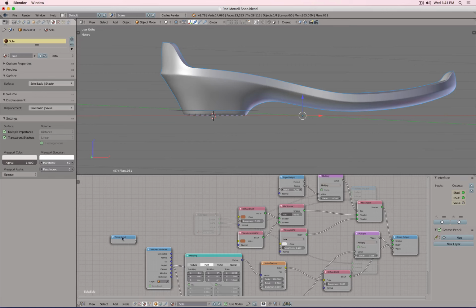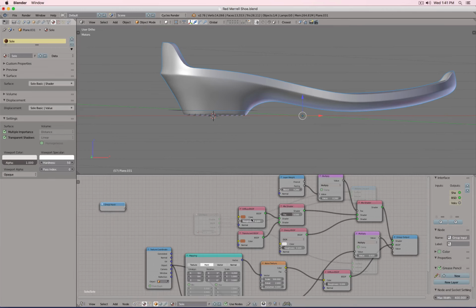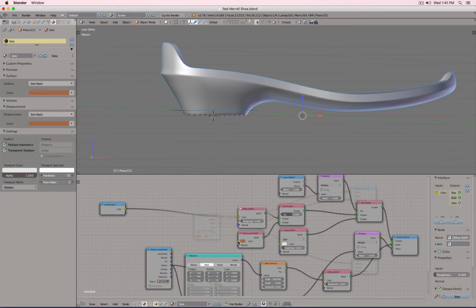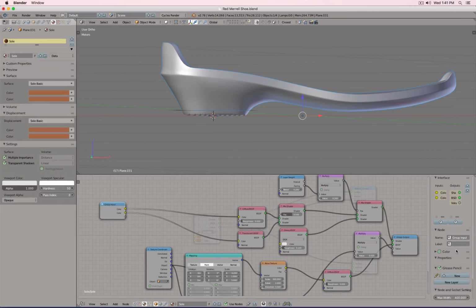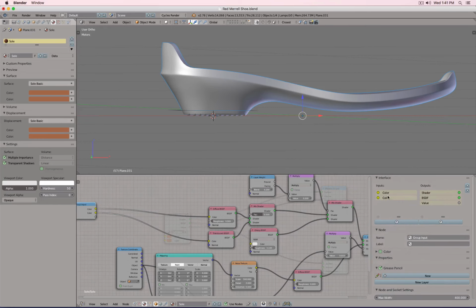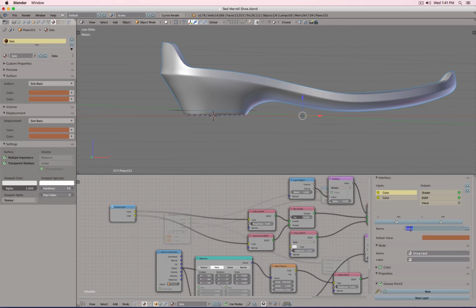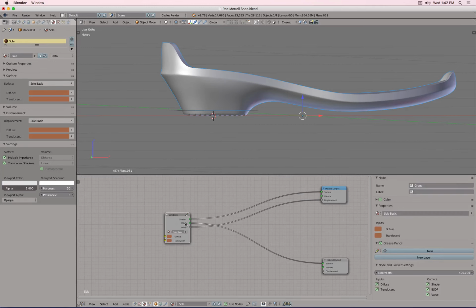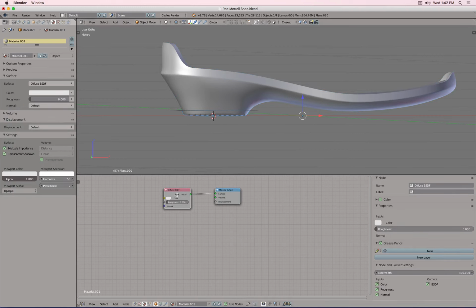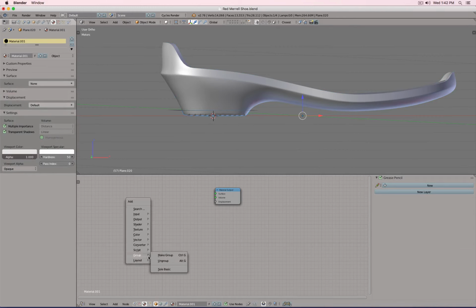And inside this group, you see I have also input and output points. And there you will see I move these points out. And then in here I can give them a name. So the first color is diffuse. And then the second color is translucent. Okay, you see now these colors. Perfect. So here I will delete this, turn it into the group, make node there,